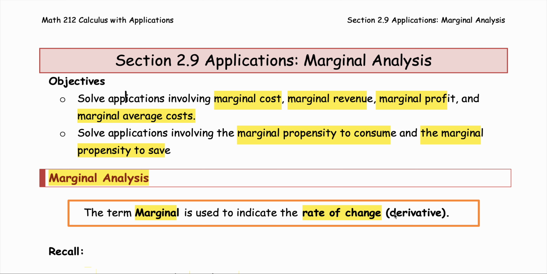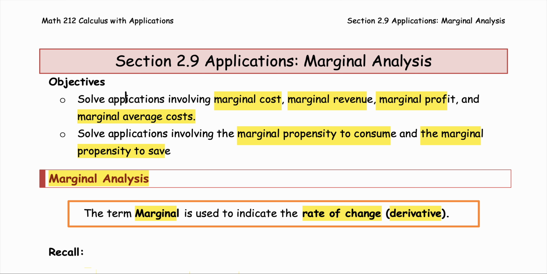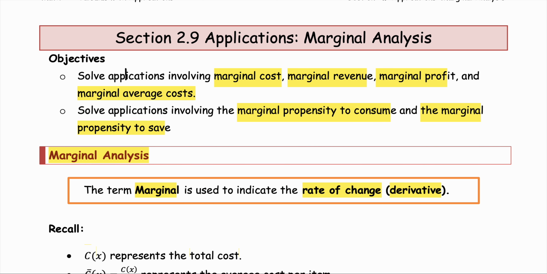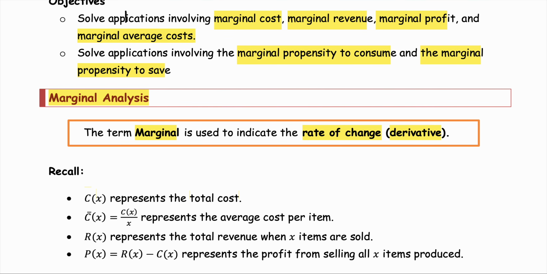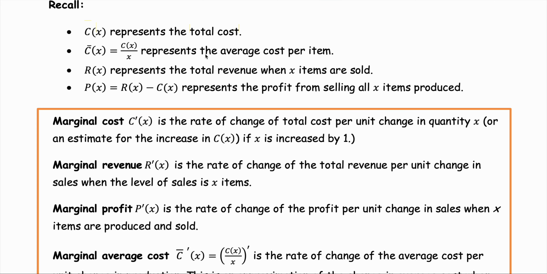In another way, that means we are talking about the derivative. For example, we are talking about the marginal cost. It means we're looking for the derivative of the cost function. Recall, the capital C of x represents the total cost, where the C bar, which is the bar on top of the capital C function, means the capital C of x, or the total cost, divided by the x items produced, and represents the